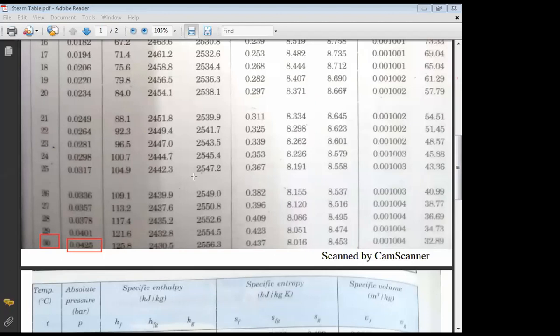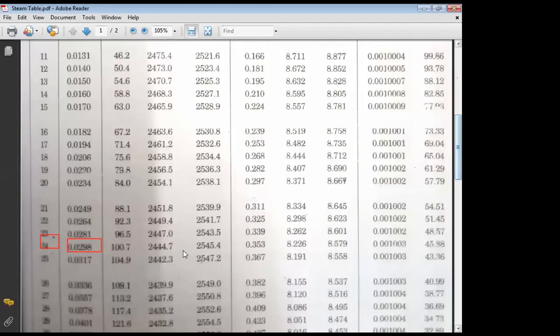So here I will automatically get the value of PS as 0.0425 bar, and as wet bulb temperature is 20 degrees centigrade, so here there is 20 degrees centigrade,